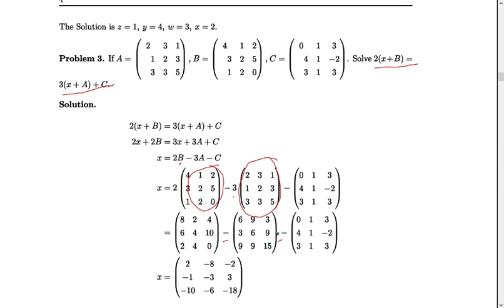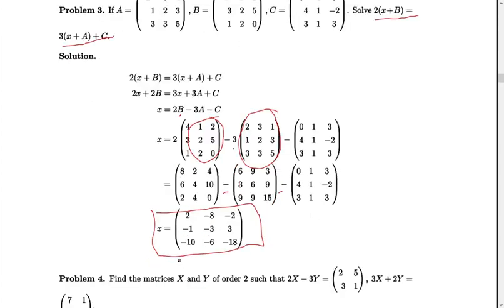8 minus 6 minus 0, that means 2. 2 minus 9, so minus 9 plus 2 is minus 7, minus 1, minus 8 and so on. 4 minus 3 is 1. 1 minus 3 is minus 2. 6 minus 3 minus 4. So minus 1, minus 4, minus 6, minus 2, minus 2, minus 1, minus 3. 10 minus 3, that's 1. 1 minus of minus 2 plus 2, so 1 plus 2 is 3 and so on. Therefore the value of X is this matrix.